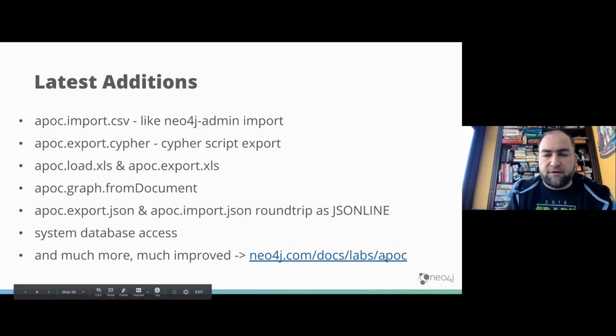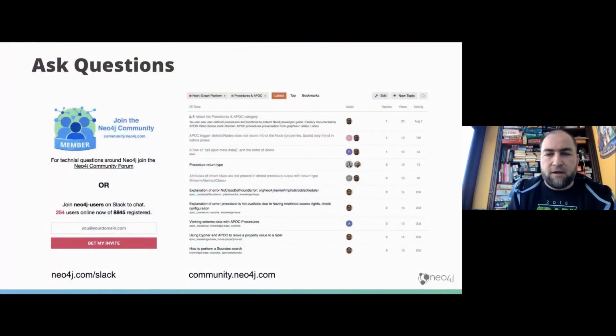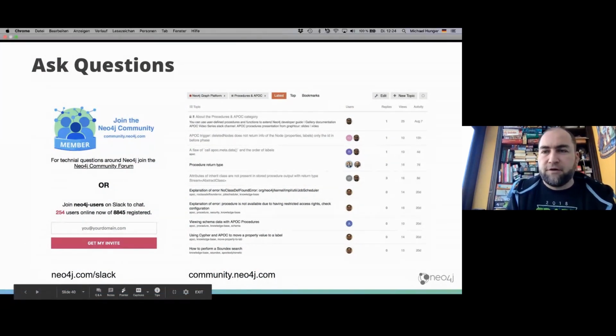And as I said, there's a lot of documentation already available. If you have requests for improvements in the documentation, you can do so on the docs sites themselves. Otherwise, I ask you to report issues and contribute to APOC. It's really not hard. Each of those are just a few lines of Java code or JVM code, and that would be really nice. And if you have questions, you can ask on the community forum or on Slack or now in